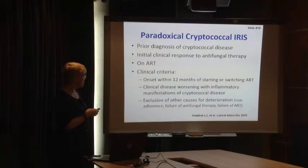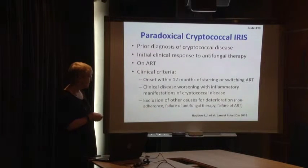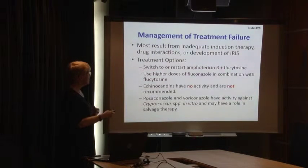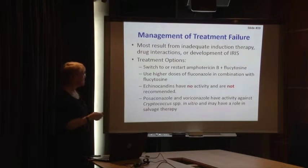And so in order to meet clinical criteria for cryptococcal IRIS, you need to exclude other causes of clinical deterioration, such as non-adherence to antiretroviral or antifungal therapy, failure of antifungal therapy, or failure of your antiretroviral treatment. So the management of cryptococcal IRIS and the management of treatment failure can often be complicated in the setting such as this patient's presentation. More often, what we see in treatment failure is inadequate induction therapy, meaning patients had not